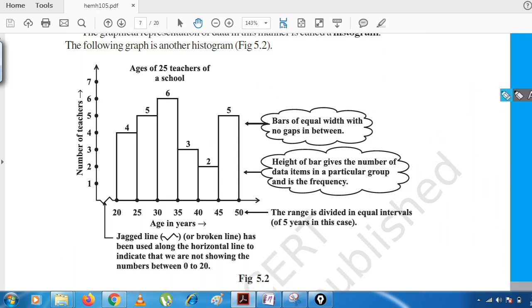One more thing you can see here. I should point out this zigzag line. You can read here zigzag line, or you can call it a broken line. Why is this broken line required? Let us see, children, the reason behind this broken line. If you find out the difference